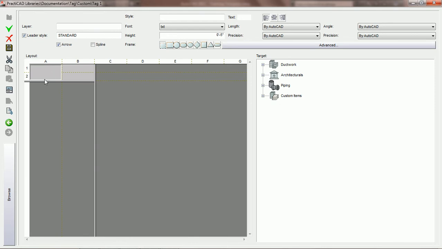If you'd like to undo that, you must hold your mouse down at the bottom, just at the edge, and then start pulling up and release it very close to the dotted yellow line. You can also open it up so that a specific field will be larger left to right. For example, if we bring our mouse over the dotted yellow line up here and we hold down with the mouse and pull in this direction, you can see that we've made field 1A and 2A, the entire column, larger